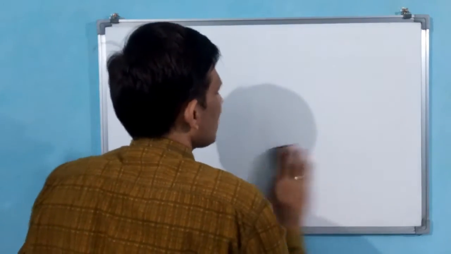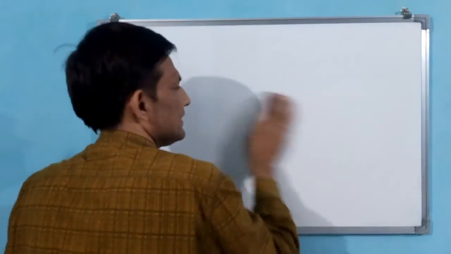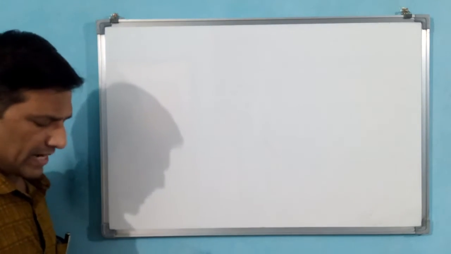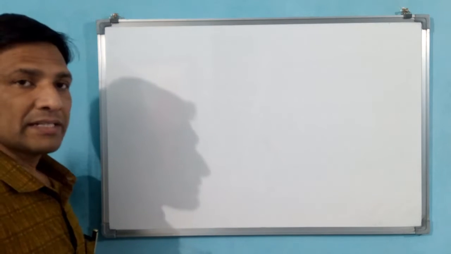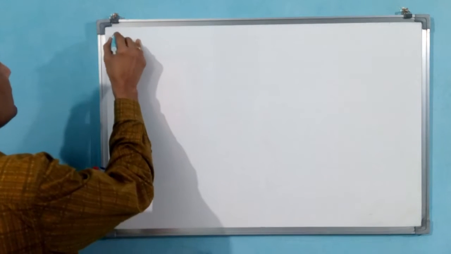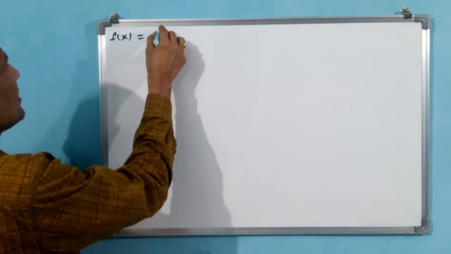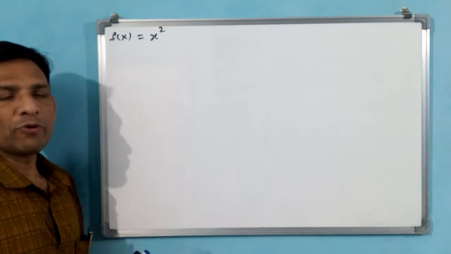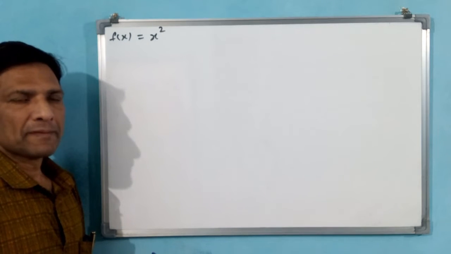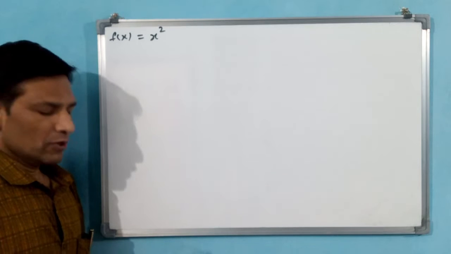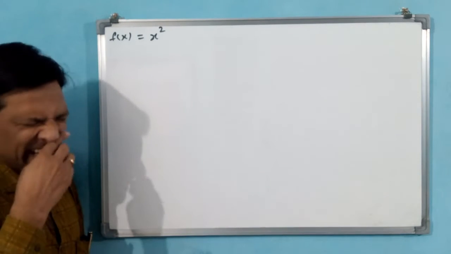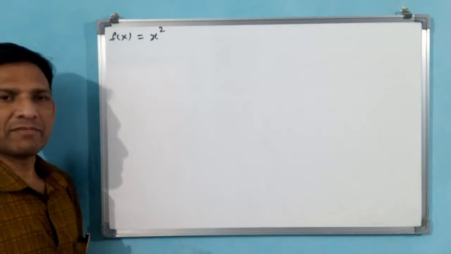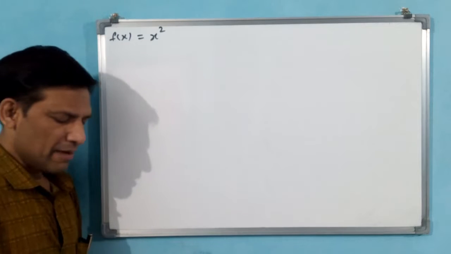Because I have drawn one function, f of x is equal to x. That function is increasing, as we have decided and declared. Now see, I am drawing another function, say f of x is equal to x square. Is this function increasing or decreasing? You tell me. If you say it is increasing, then you are wrong. Why? Because it may be increasing in the positive area, 0 to infinity. 1 means 1 square. I am writing here, you see.